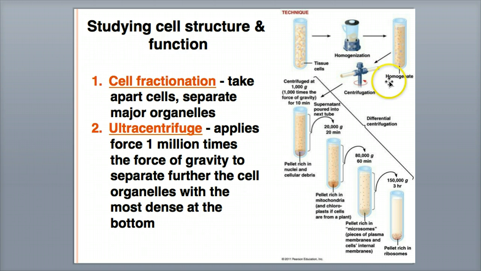If we follow this timeline here, if we have tissue cells, like if we took muscle tissue or anything, homogenization, homogenize meaning the same, they make it, this looks like a blender, so that we have a consistent mixture that is pretty much the same. Here's that centrifugation. They spin it to apply a force that's 1,000,000 times gravity, and you can see over many times, so this is 10 minutes, 20 minutes, 60 minutes, and 3 hours, you'll see different parts of the organs